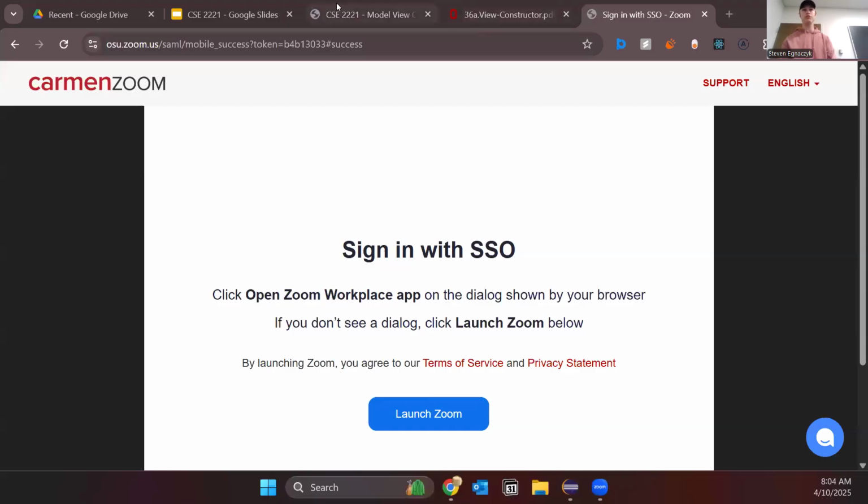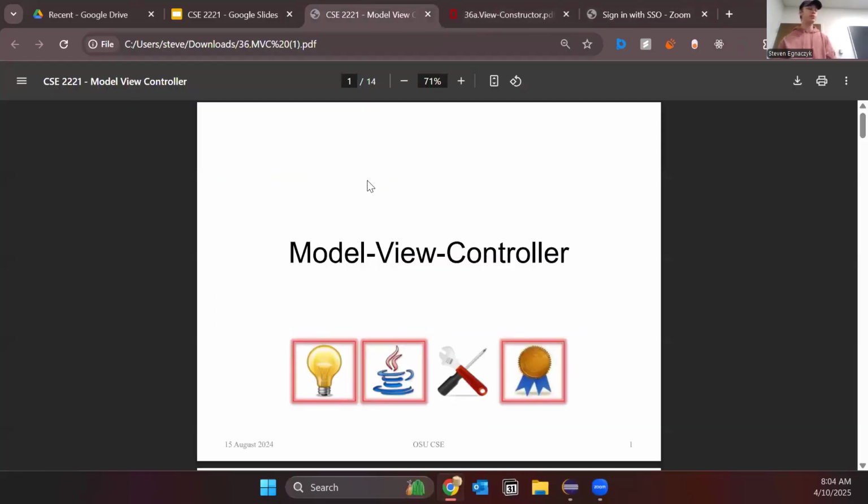Code is just about making sure that you can communicate between the view and the model. Over here, we have the controller. You know what that is. So the controller is in charge of making sure that the model and the view agree, because it would be